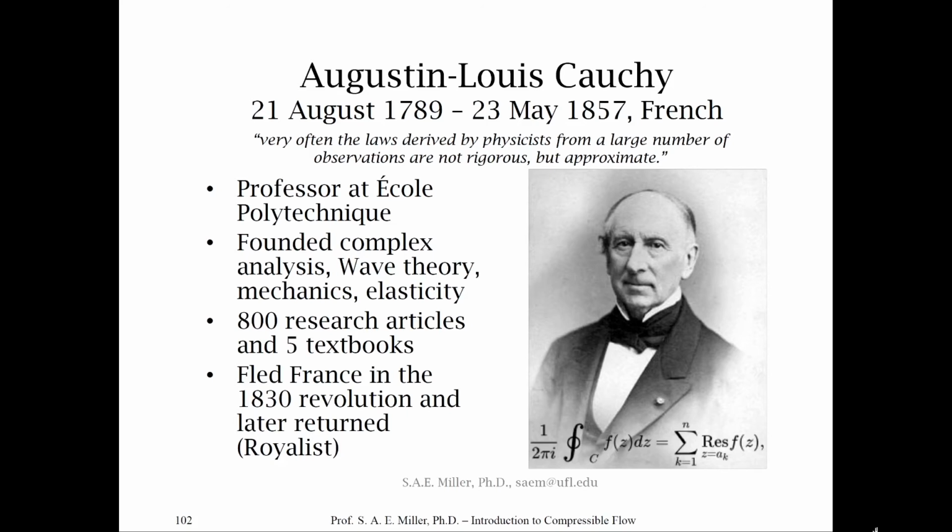He was also a professor at École Polytechnique and indeed knew Navier as a colleague and fellow professor. He worked in complex analysis, wave theory, mechanics, and elasticity. He was very prolific and wrote 800 articles and 5 textbooks. He was a royalist, and he fled France in the 1830 revolution and later returned, so he wouldn't be arrested